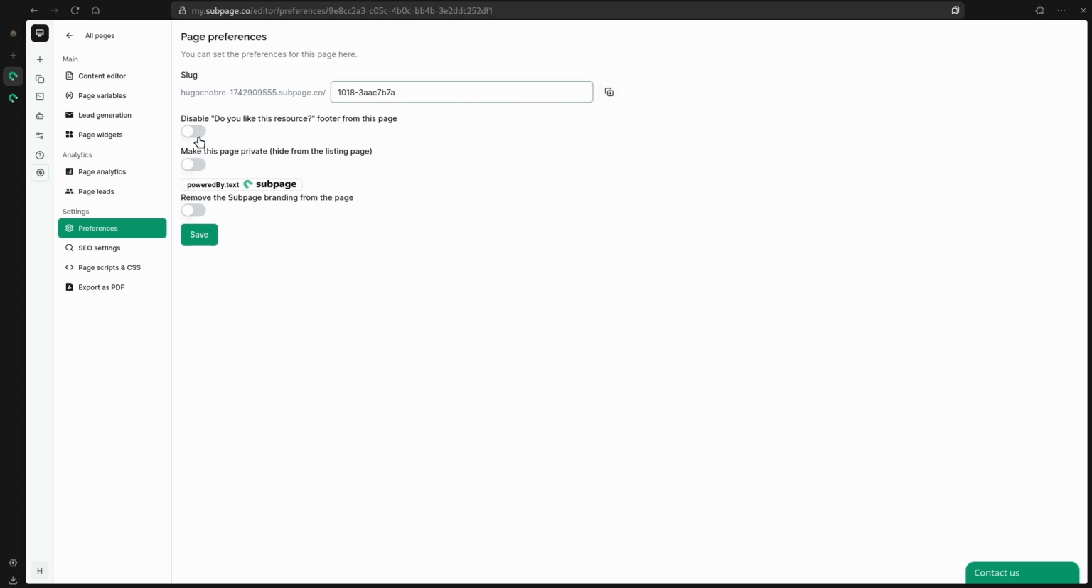You can also disable or enable here a couple of options. So if you click on here, you can disable the do you like this resource footer for this page, and then here you can make the page private or hide it from the listing page. So essentially your listing page is the page that you can use as a resource center. For example, if you are using this as a resources section on your website, this will be very useful because